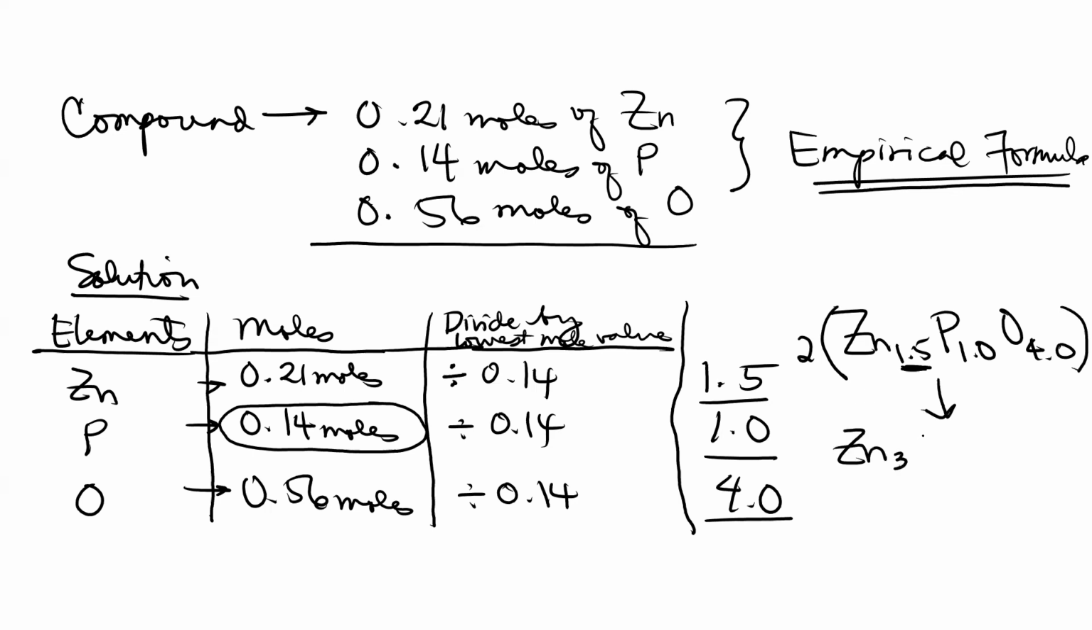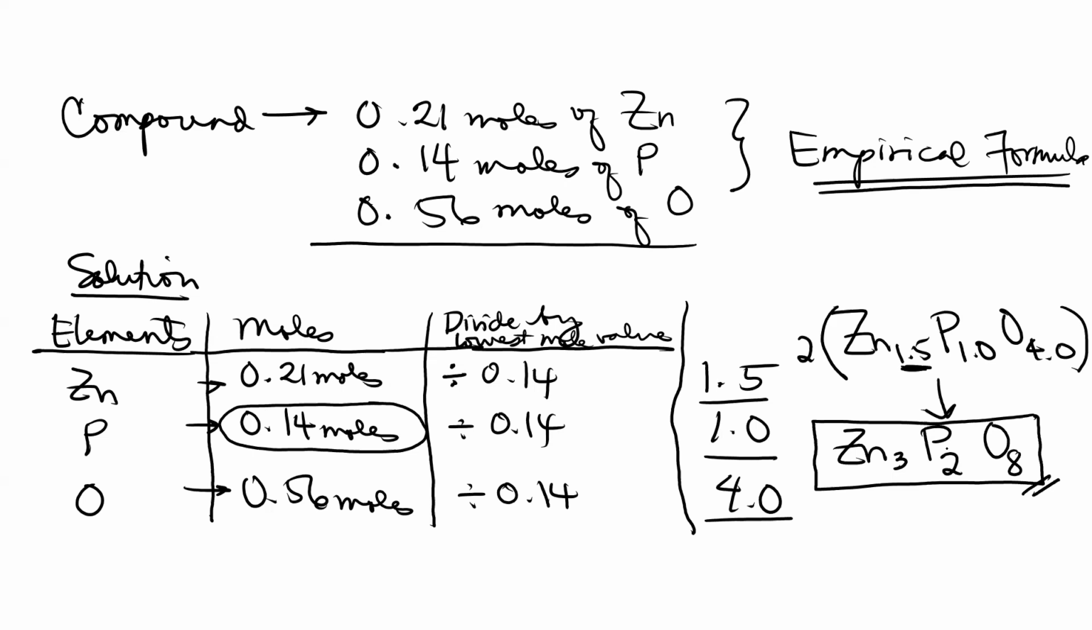Zn3P2O8. So Zn subscript 3 P subscript 2 O8 would now be the empirical formula of this particular compound. Okay? Is this understood? If you have any questions, you may type it on the chat box and I'll try to address it as soon as I see